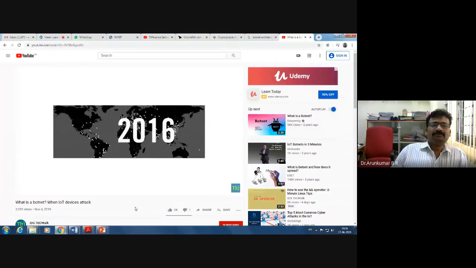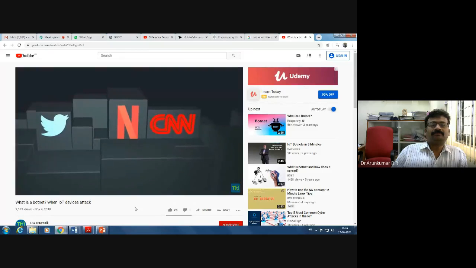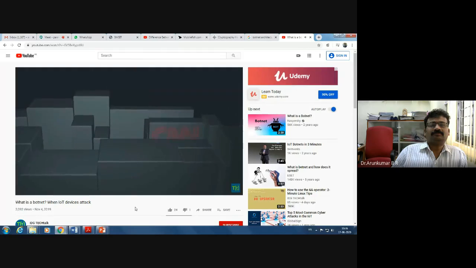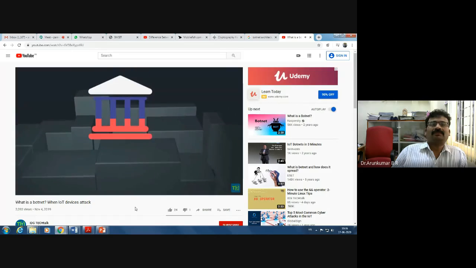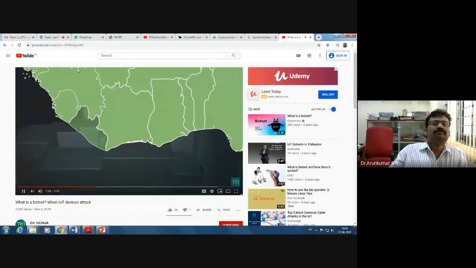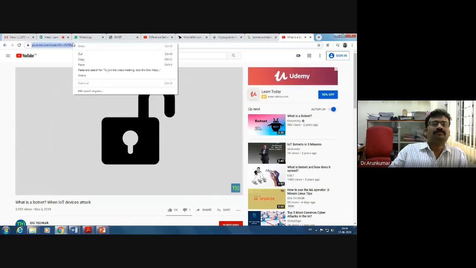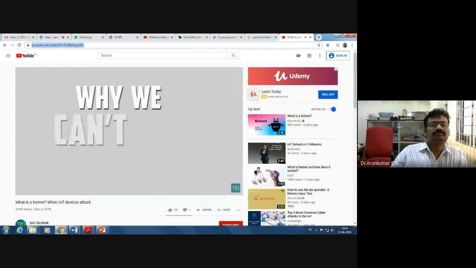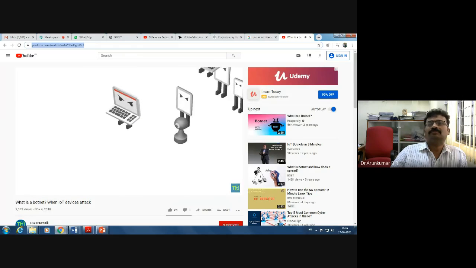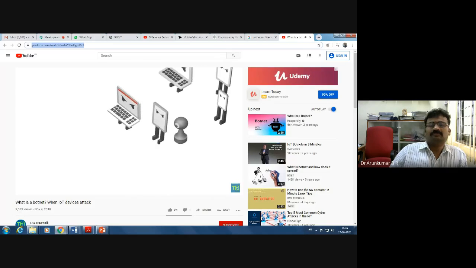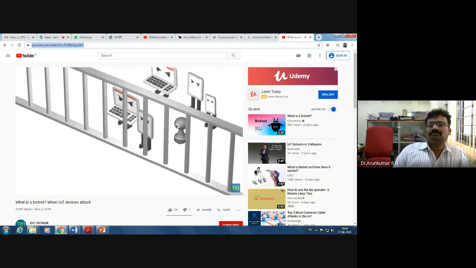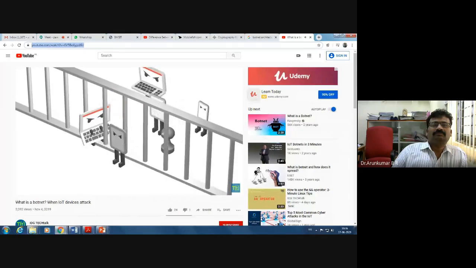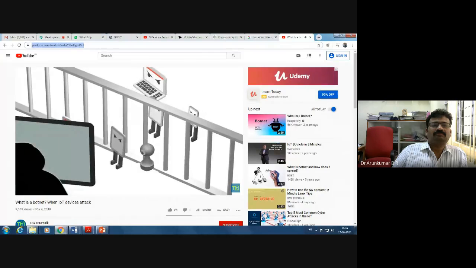In 2016, the Mirai botnet shut down a large portion of the internet, including Twitter, Netflix, CNN, and other major sites, as well as major Russian banks and the entire country of Liberia. Mirai took advantage of unsecured Internet of Things devices, such as security cameras, installing malware that then attacked the DNS servers that route internet traffic. Why we can't stop botnets. The challenges to shutting botnets down include the widespread availability and ongoing purchases of insecure devices, the near impossibility of simply locking infected machines out of the internet, and difficulty tracking down and prosecuting the botnet creators.